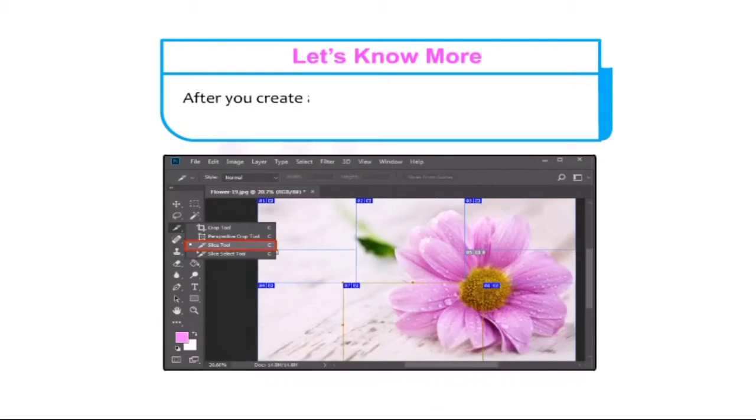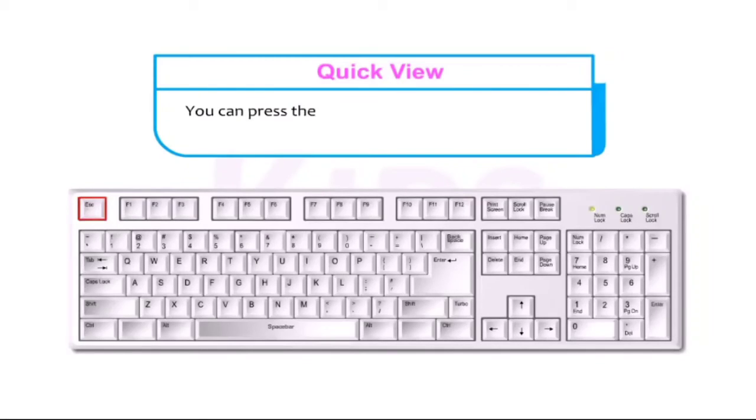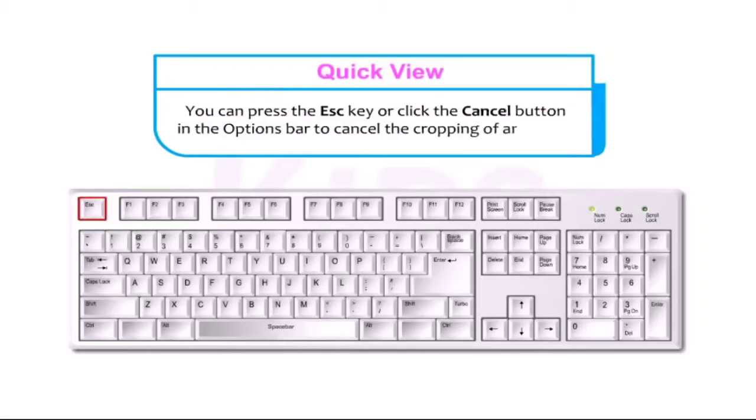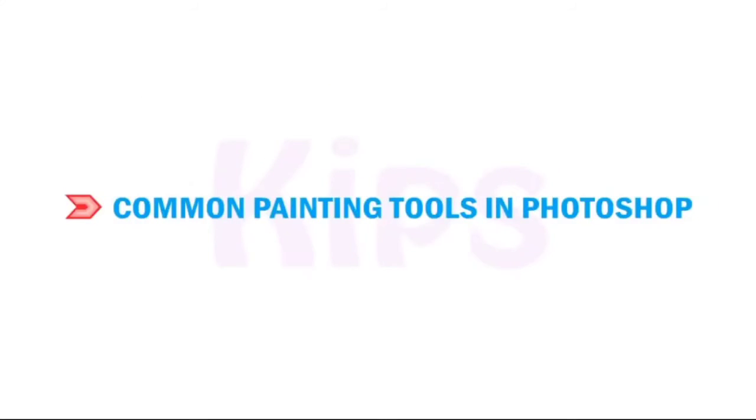After you create a slice, you can select it by using the Slice Select tool. Students, let's take a quick view. You can press the Escape key or click the Cancel button in the options bar to cancel the cropping of an image.